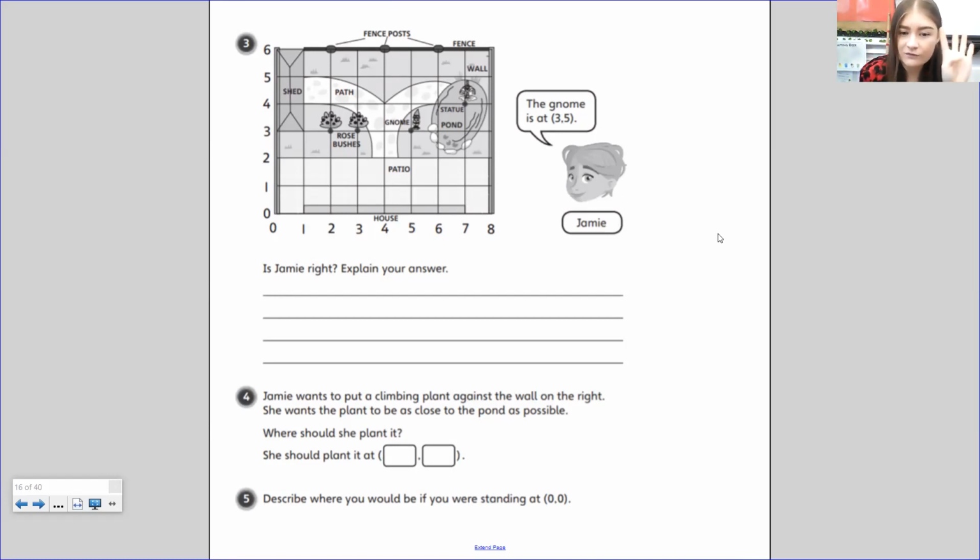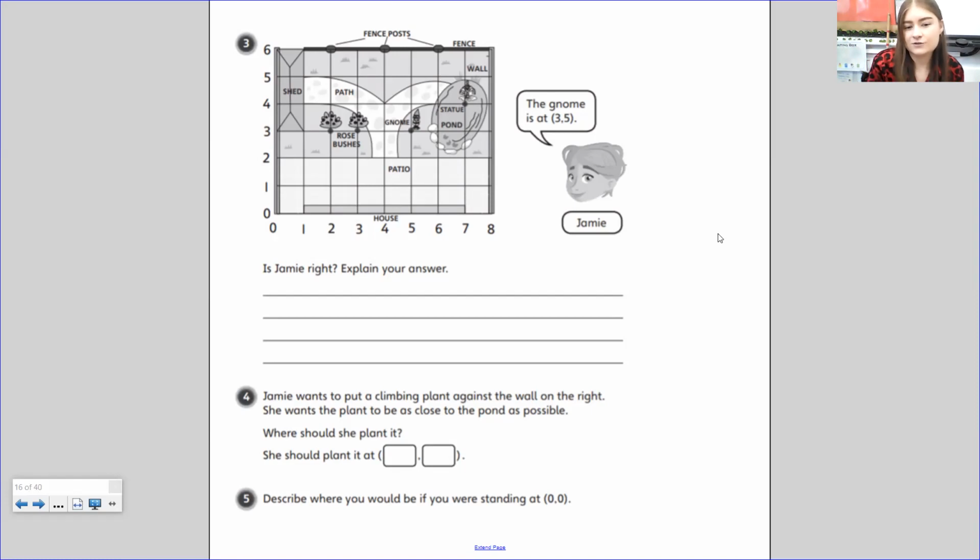Jamie wants to put, for number 4, a climbing plant, very nice, against the wall on the right. Okay, so the wall on the right, I know my left and my right, and I can see that there's a wall there. She wants the plant to be as close to the pond as possible. She needs to find the coordinate that is as close to the pond as possible. Now remember, that pond is an oval shape. So which of those coordinates on the wall on number 8 would be the closest to that whole pond? And